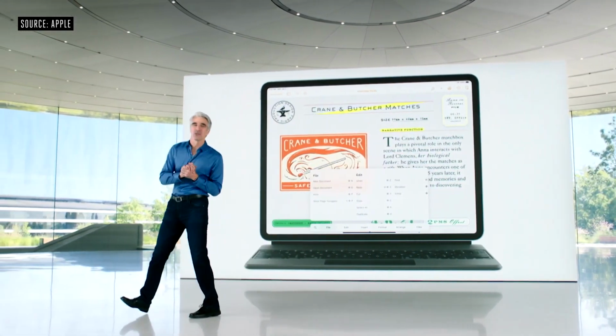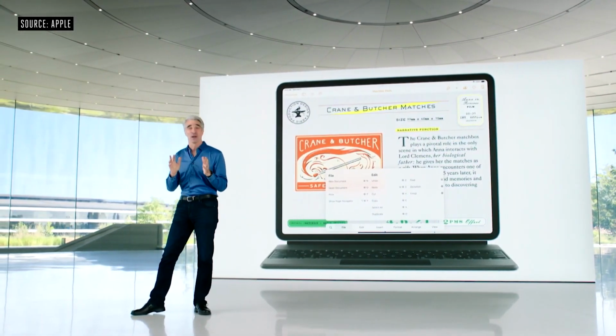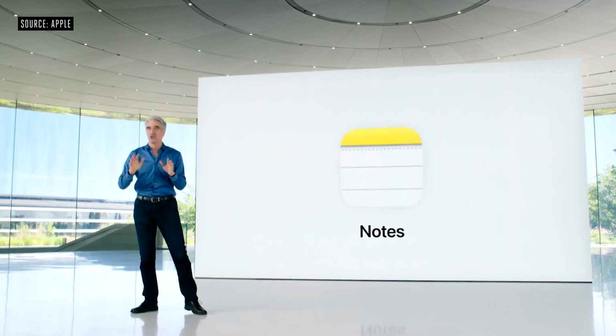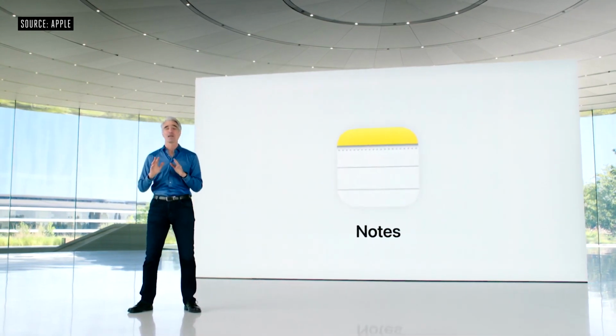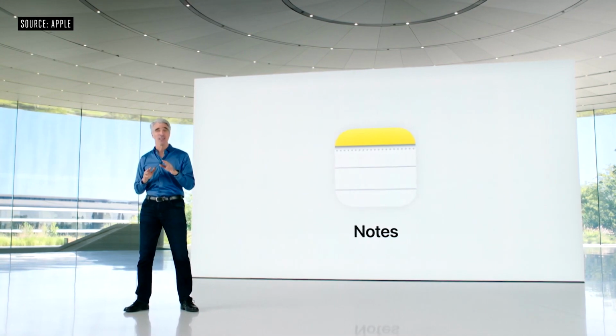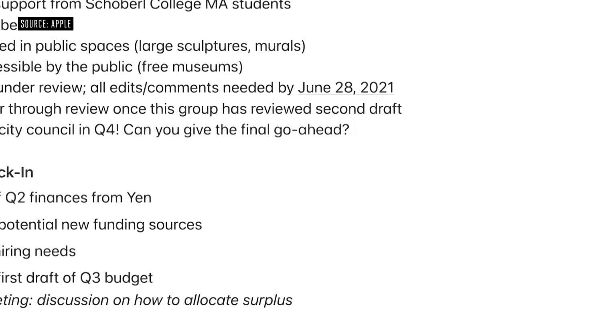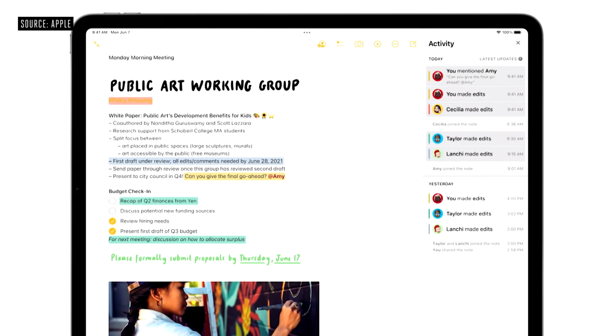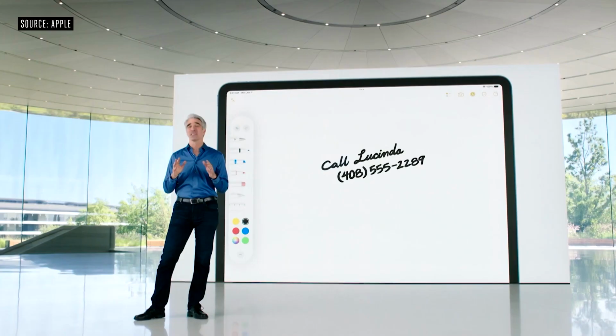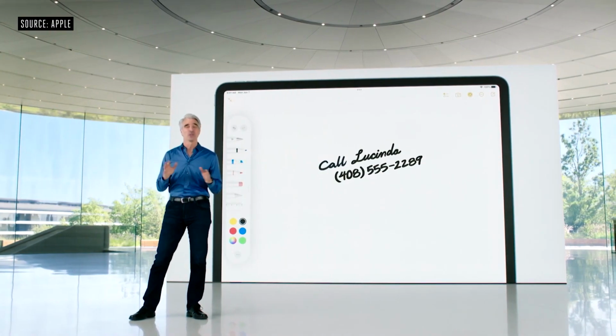iPadOS 15 also gives you more powerful ways to capture and organize your information with notes. This year, we're adding powerful new features for collaboration and organization. First, we're adding mentions. Just mention someone in a shared note, and they'll get a notification linking them back. There's also an all-new activity view that quickly shows you what's changed in a shared note while you were away. And to give users new ways to organize their notes, we're adding tags,